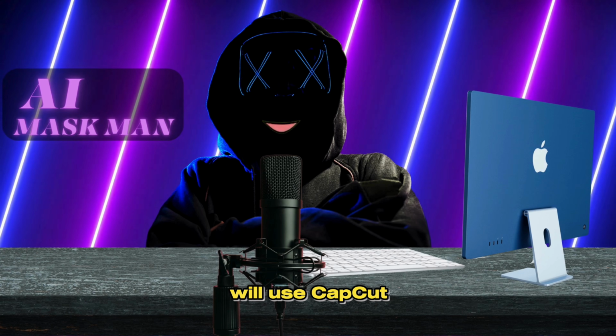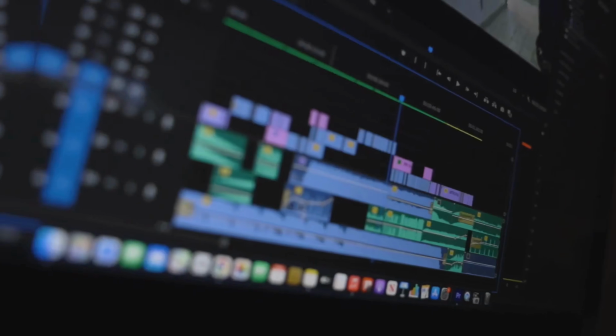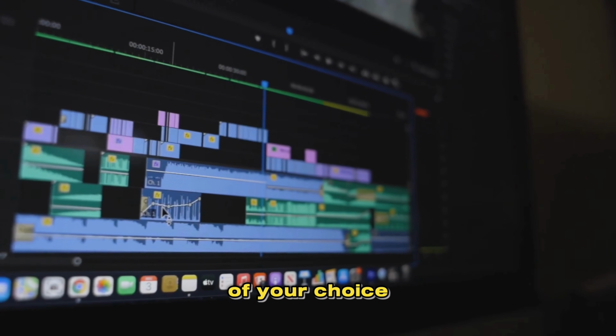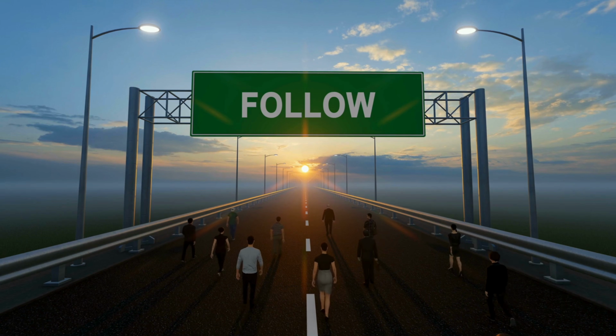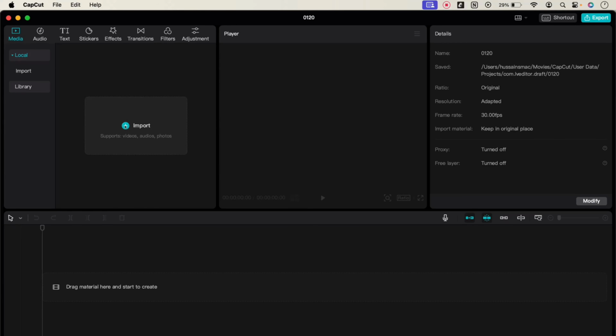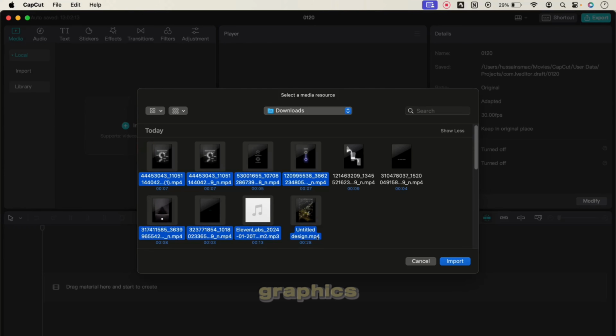For this, I will use CapCut, a free desktop app. You can choose any editor of your choice. Just make sure to follow the upcoming steps properly. Open CapCut and click on New Project. Import all the motion graphics videos,